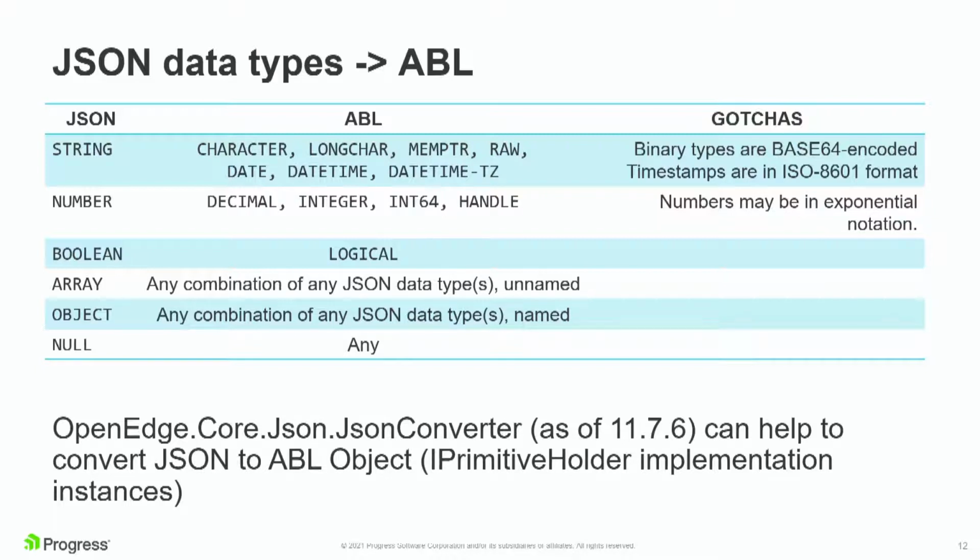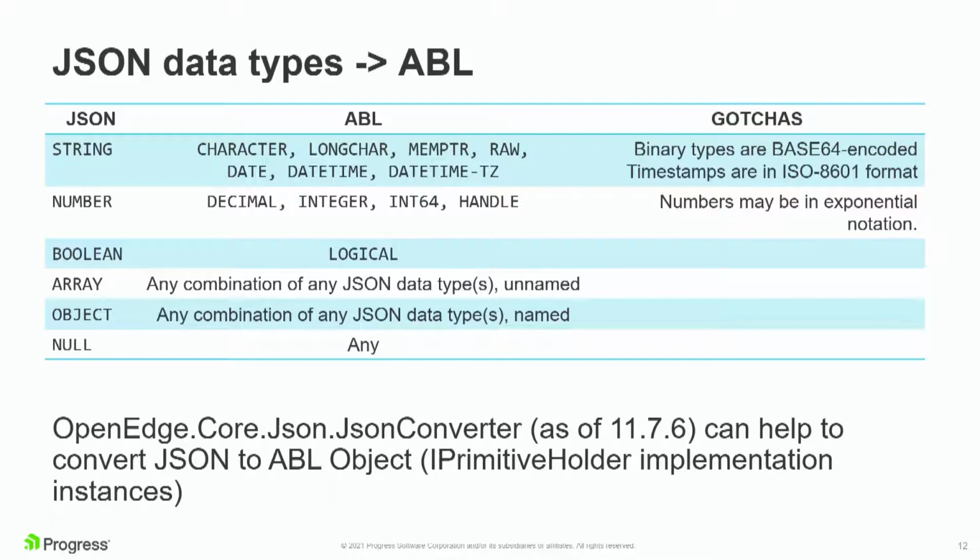The one thing to note with arrays is that in ABL arrays you declare it as a character array or an object array or an integer array or whatever it is, and it just holds one data type. Arrays in JSON can hold anything, any combination of data types, including other arrays and objects and everything. So don't assume when you're reading an array in that everything is the same data type as the first element.